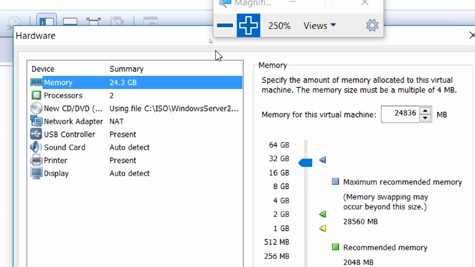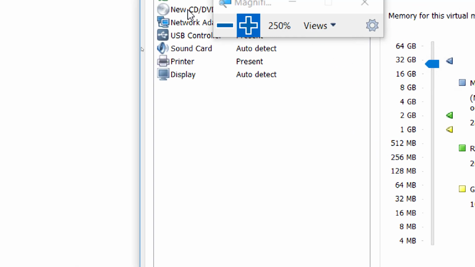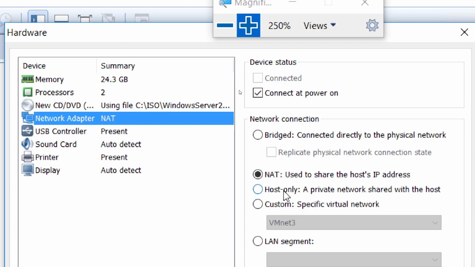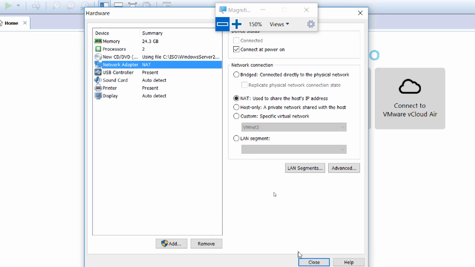So let's go ahead. Do you see this option, close? Let's click that close button here. Yes sir. So we're back on NAT. I'm just clicking NAT here, and until our clones are created, we're going to keep it on NAT because those clones have to be activated for 180 days or 6 months. So they need to be connected temporarily to the internet. Later we're going to change it to custom VMnet. Anyway, we're back on NAT here, and if that is done, let's click the close button here,